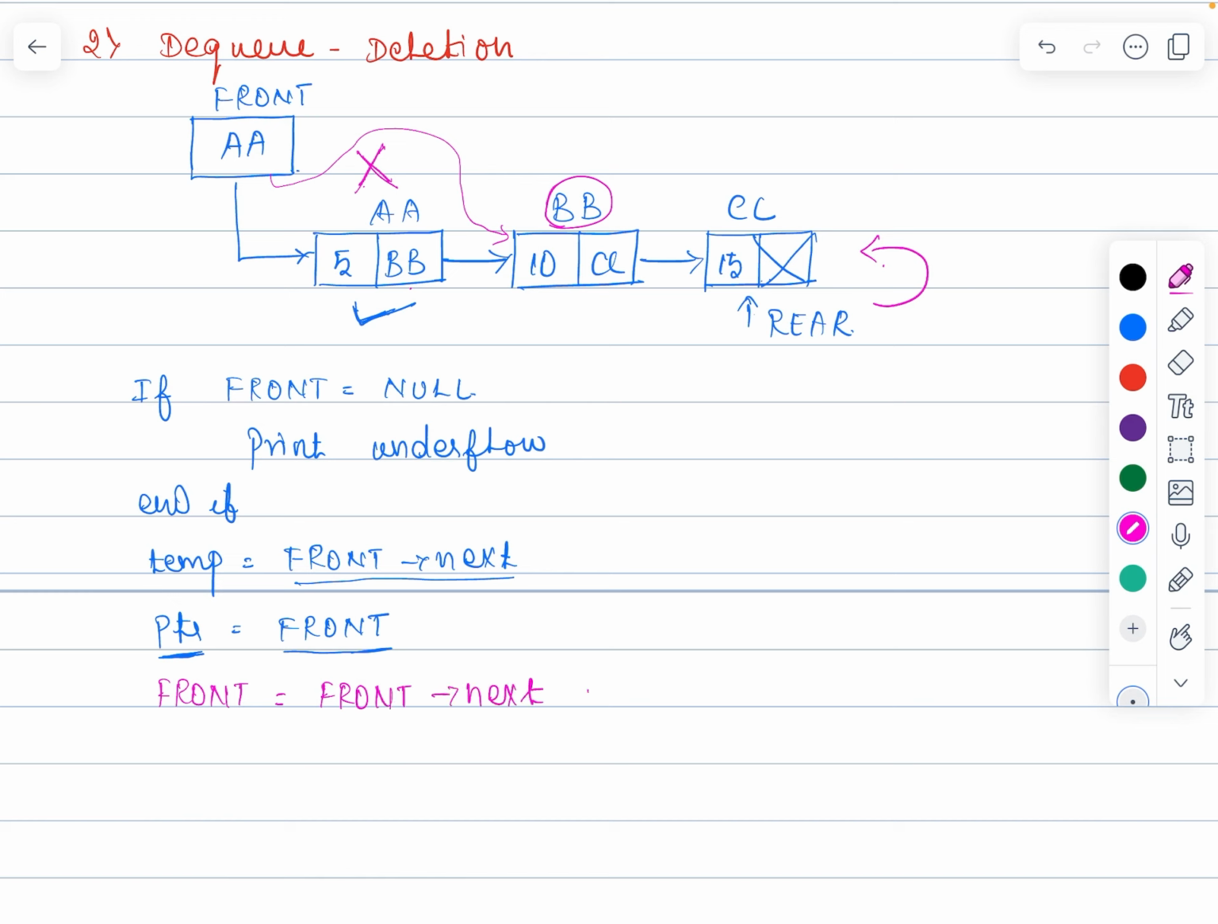So, if you update your front as BB, since BB is stored in the front next field, you can write a statement like this: front equal to front next. If you check, front is AA, and in the place of AA's next, BB is there. After executing this statement, in the place of front BB would come. Since BB has been written, the connection with this node will not exist anymore and these two would be connected,